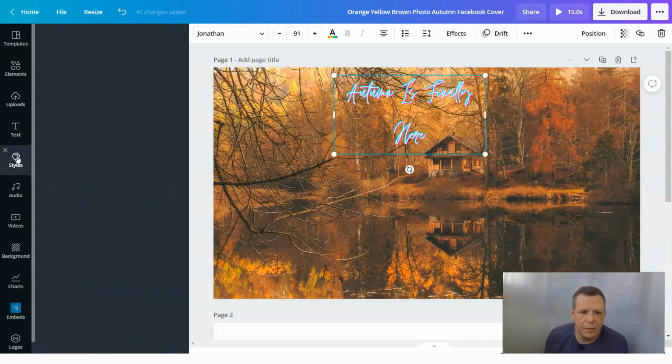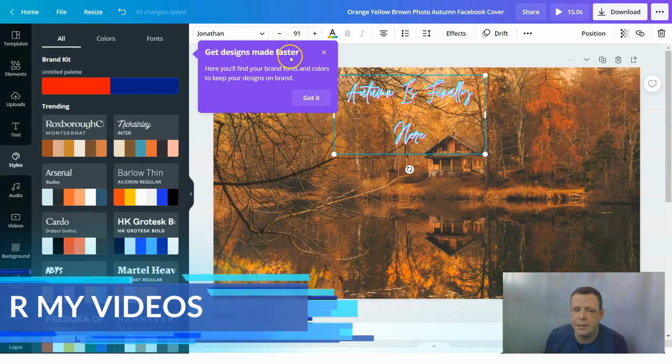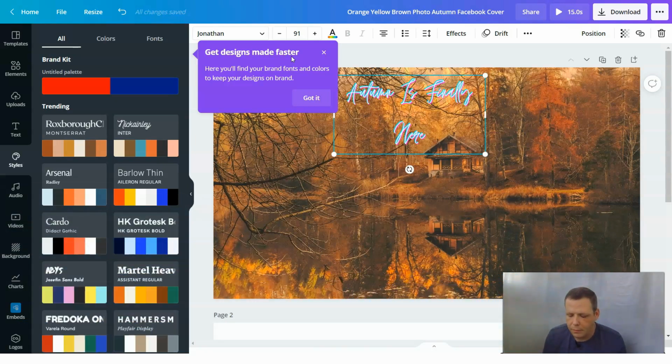All right, now when we come to styles, this is the color themes. Think of it exactly as color themes. So get designs made faster. This is what's going to really save you a lot of time. Especially if you have a particular style or design, this is where you're going to go. So all of these colors is like how it's going to be for your fonts,